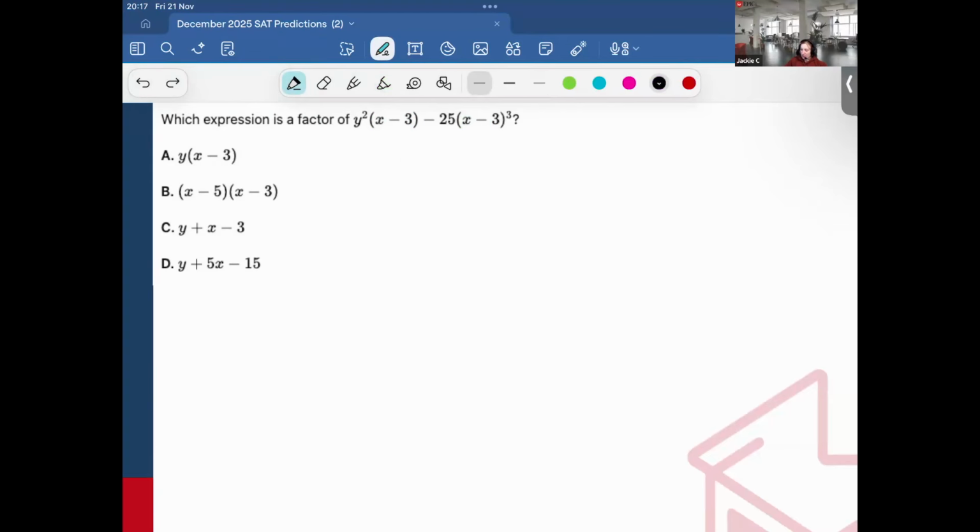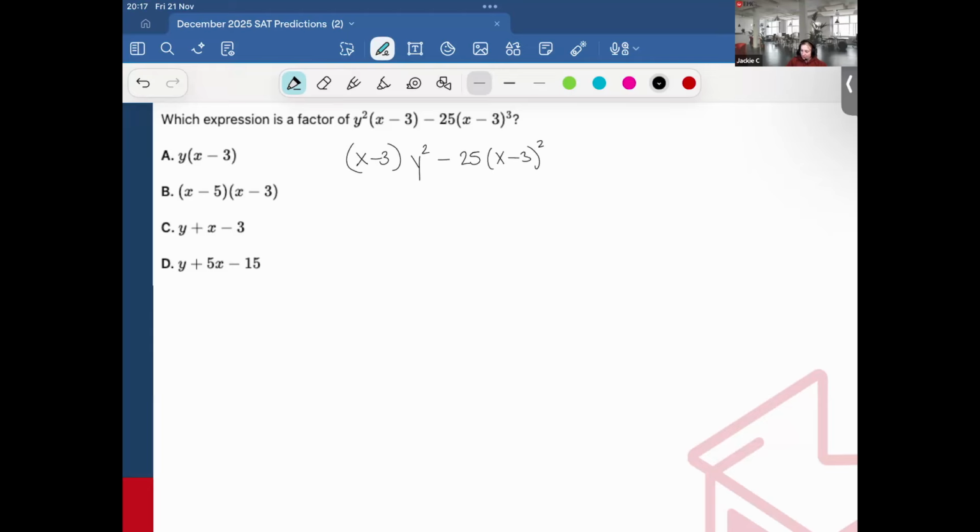But since we have it multiple times, we can simplify this further. So we can actually factor out one of the x minus 3s. Let's go ahead and do that. And then that would leave me with y squared minus 25